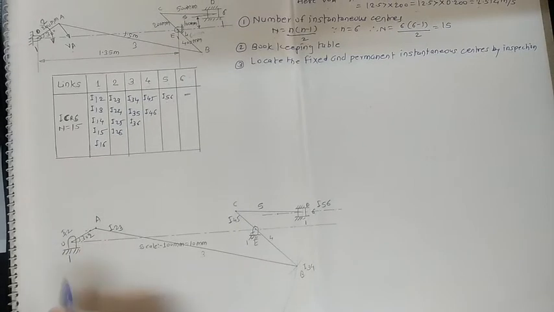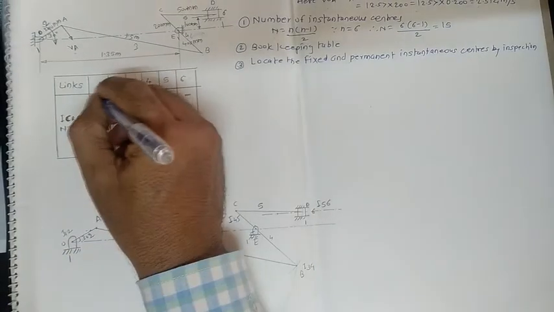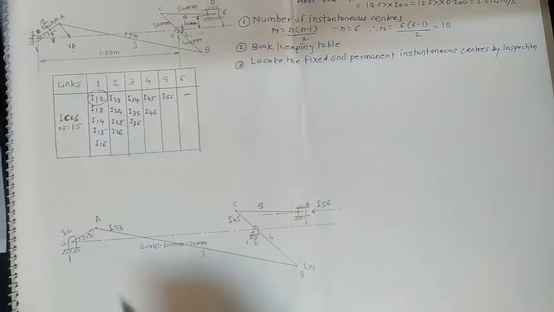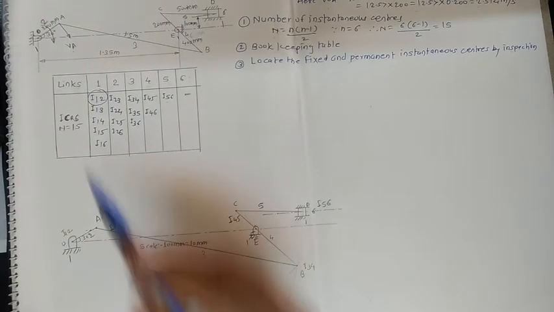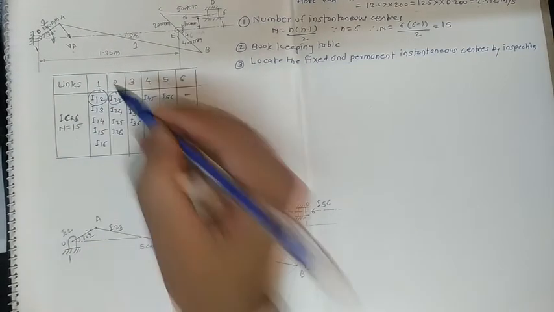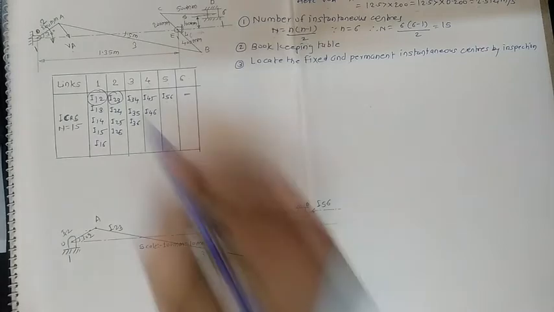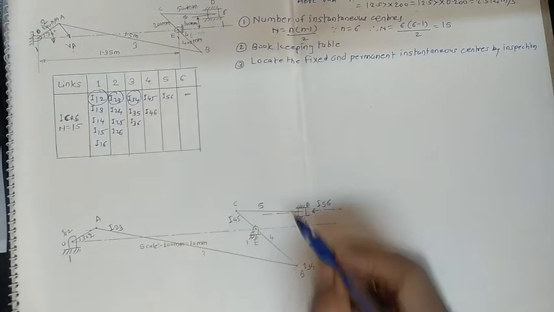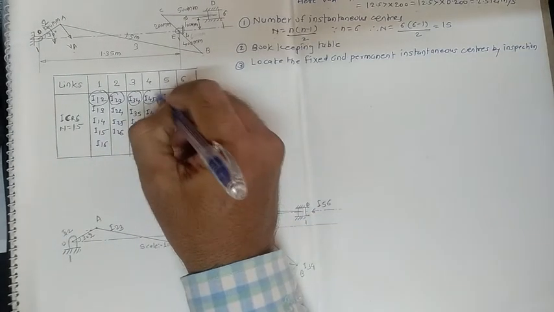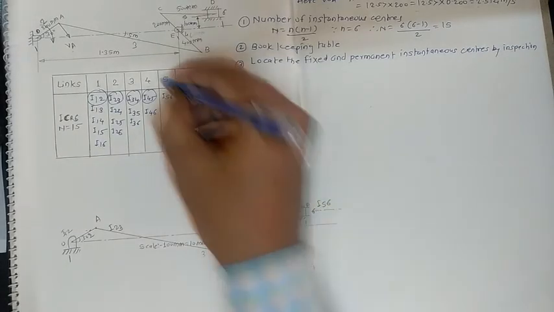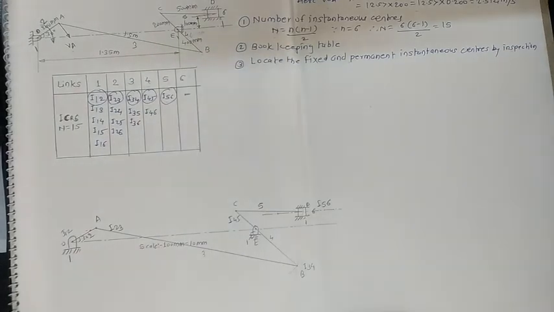So I1 2 is already located, just circle it. Circle this one first, then I2 3. I2 3 is here, circle this I2 3. Next one, 3 4 is with us, circle this 3 4. Next one, 4 5 is with us, circle this 4 5. Next, 5 6 is with us here, just circle this 5 6.